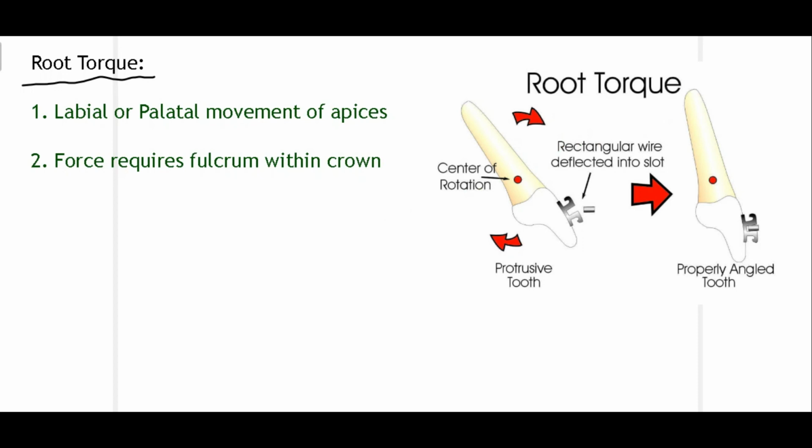So in this video we talked about different types of tooth movement that are used in orthodontics. Certain factors are to be kept in mind. For example, you have to keep in mind the center of resistance, because if the force passes through the center of resistance, it will result in translation movement. But if the center of resistance and the force are away from each other, it will result in tipping movement. We talked about different types of tooth movement: tipping, translation, root torque, root uprighting, rotation, and so on. So these are the important tooth movements that are used in orthodontics.